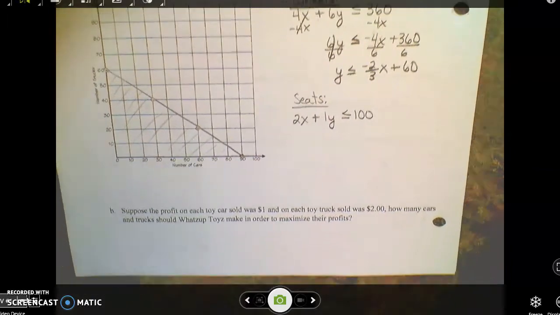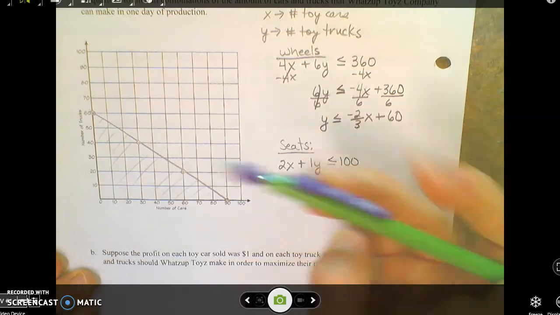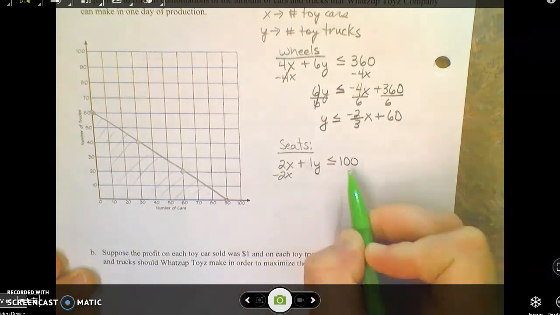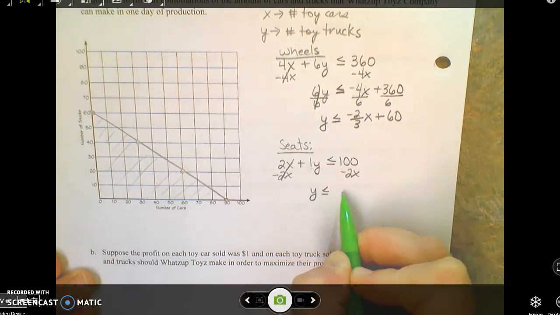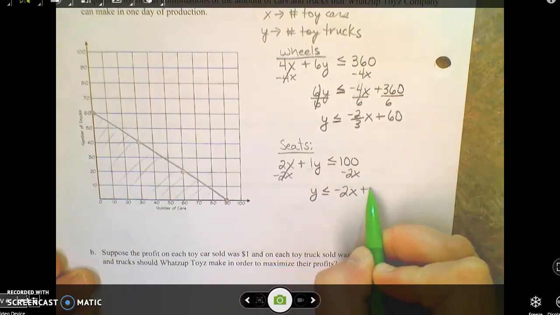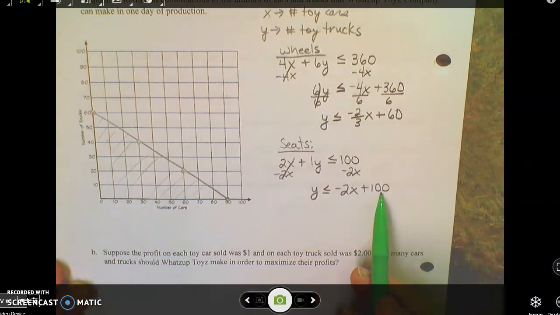Okay, so our second inequality here is for seats. So let's get this one in slope-intercept form. So I'm going to subtract 2x, which means I get y is less than or equal to negative 2x plus 100, and I don't need to divide here. So we have a y-intercept of 100,